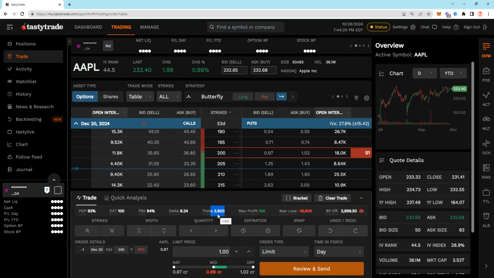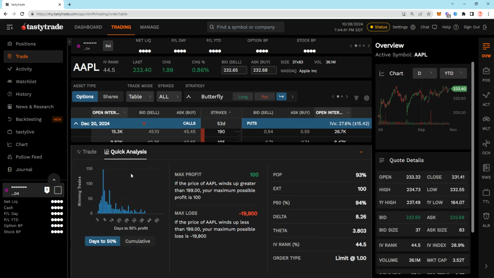You will get it up front. The money is yours, but it ties up $4,000, and it will either expire worthless or you can close before. But it is $100 for you to use today to do whatever you want. Delta of positive 8.24. If you click on the quick analysis right here, you will see basically max profit $100. This is the money that comes to you. If the price of Apple winds up greater than 199, your max possible profit is 100, which you collect as